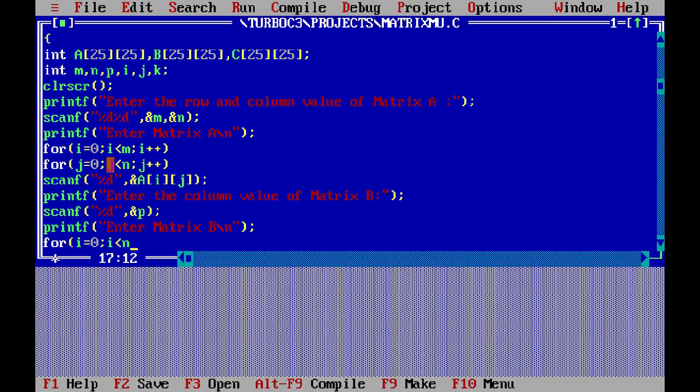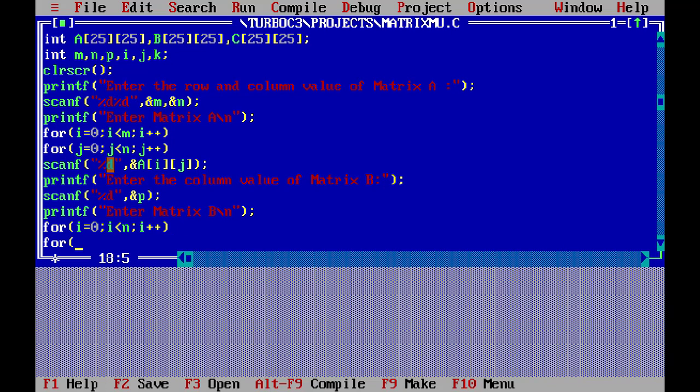So within this program we are imposing the first rule. For J varying from 0, J less than P, J plus plus.